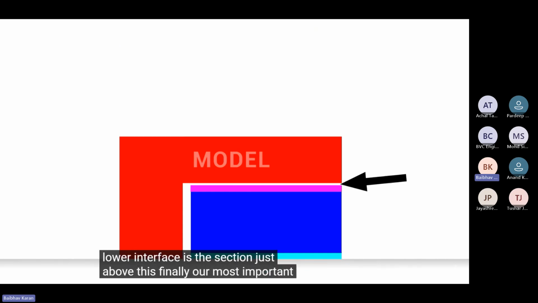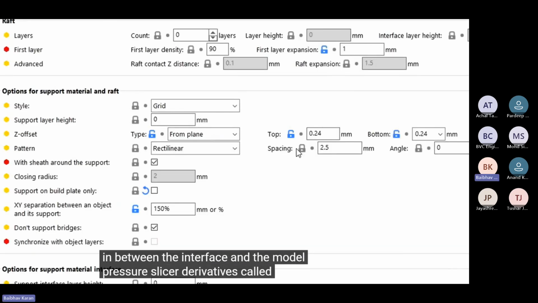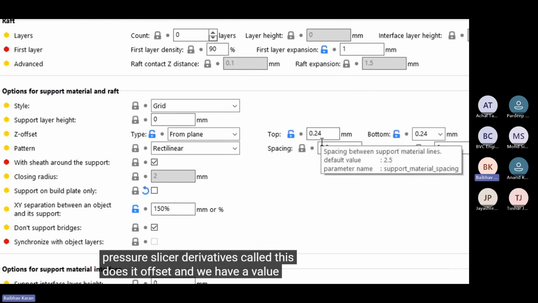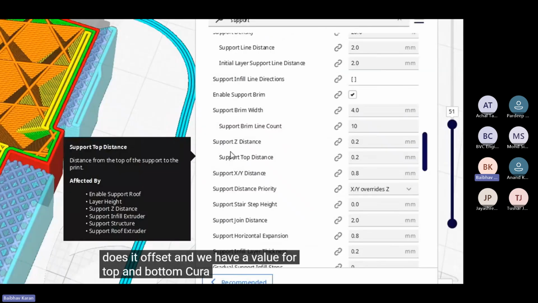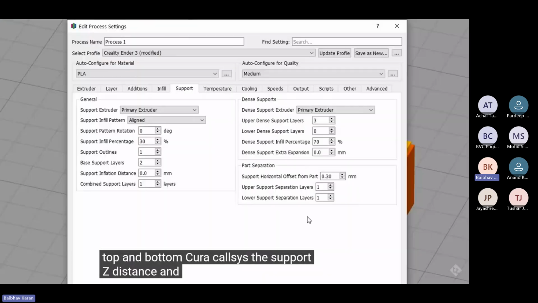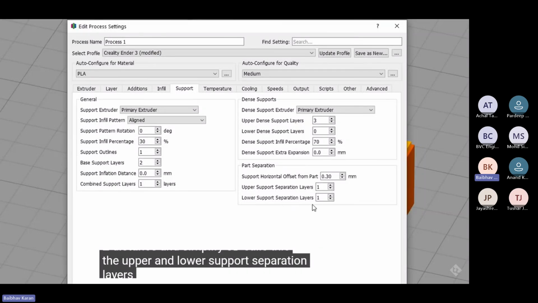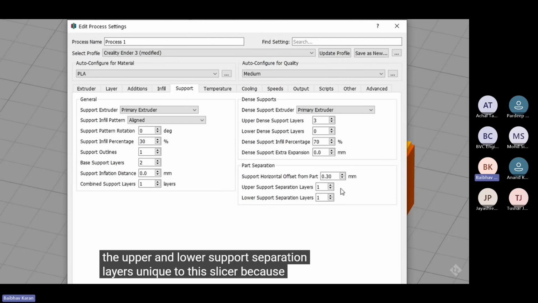Finally, our most important parameter to tune, which is the air Z gap in between the interface and the model. Prusa Slicer derivatives call this the Z offset, and we have a value for top and bottom. Cura calls this the support Z distance. And Simplify 3D calls this the upper and lower support separation layers, unique to this slicer because it's not measured